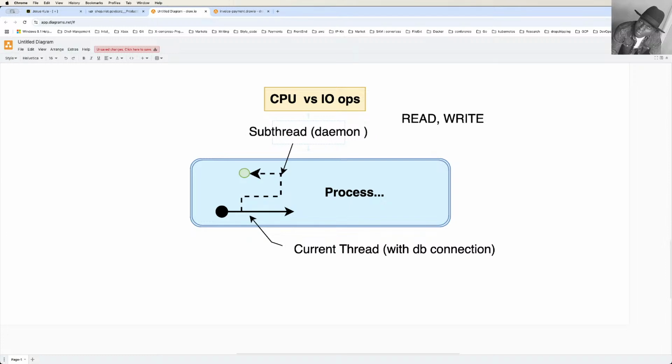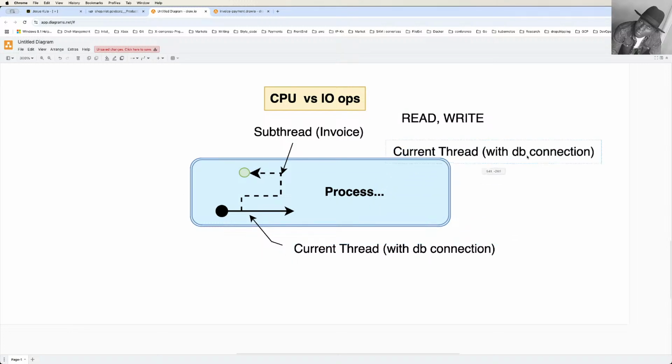Okay, so invoice is happening here, and that alleviates the load on our current thread and makes our code faster. Plus the choice we've made of not using the default Django post save,